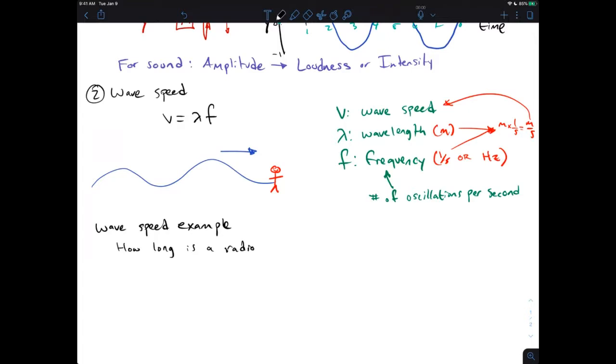I'm not going to write out the whole thing, I'm just going to write out the question. How long is a radio wave? And here I'm going to put my information: frequency, and how fast do light waves travel? They travel at the speed of light. So my speed is 3 times 10 to the 8 meters per second. And my frequency here is, I think I'm going to try